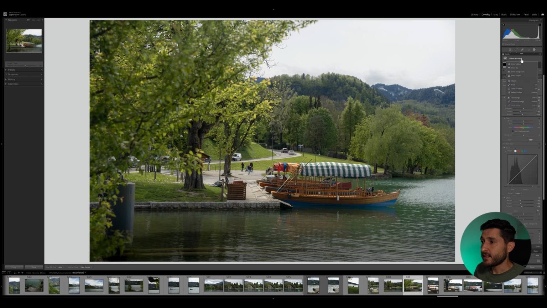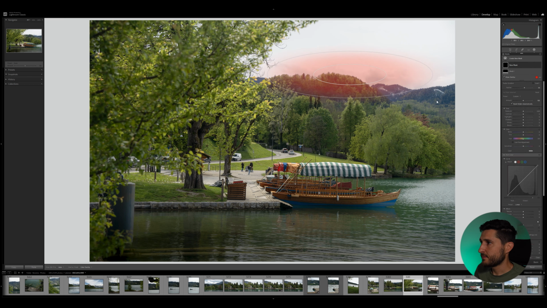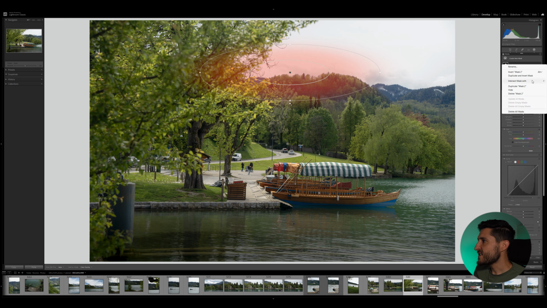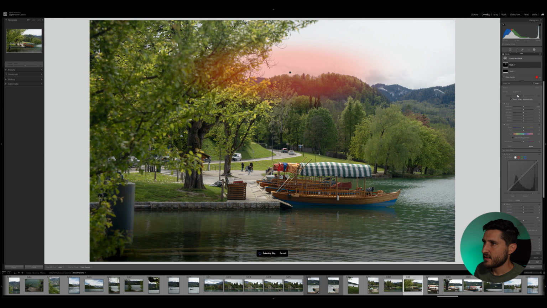We can create yet another mask. I'm going to use a radial gradient up here, and I'm going to move it to sort of behind the trees. We can intersect this mask with the sky, and as you can see, the trees have been removed from my selection. So now I only have a sky and a radial gradient as a selection for this particular area. I'm going to enlarge this radial gradient just slightly,